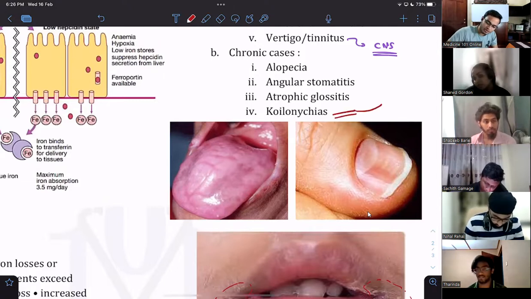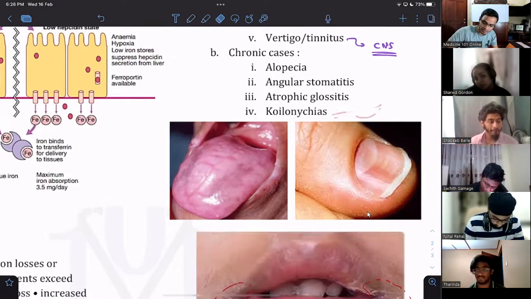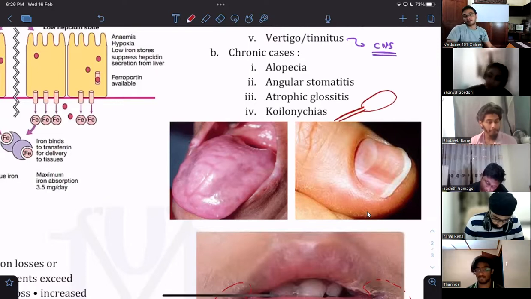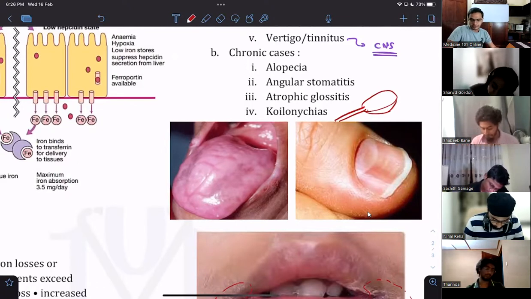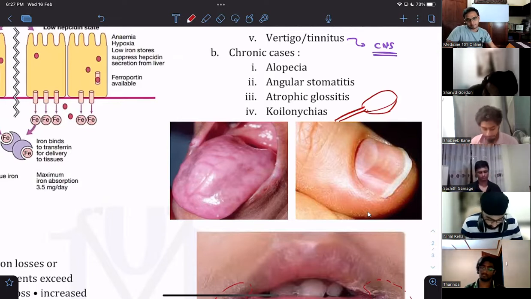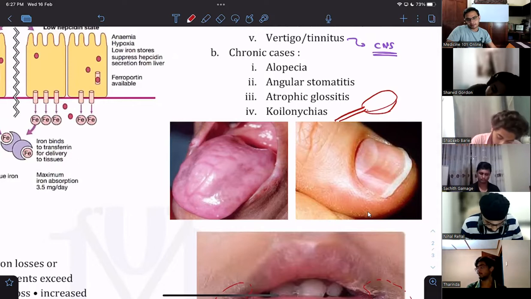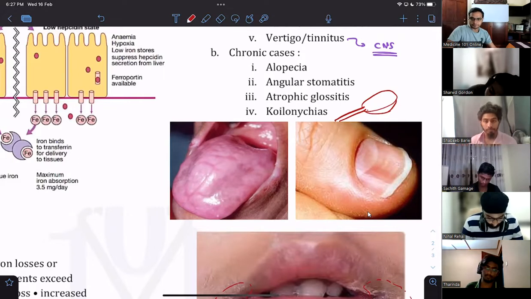We don't need to talk about this spoon shape. Okay, I drew a sickle. Draw a spoon. You all know how to draw a spoon. Yeah, right. So spoon shaped fingers is koilonychia. The mechanism is a little bit complex, guys. I did a little bit of reading, but it might confuse some of you, so I don't want to go into it. If anyone's interested, just drop me a message. I will drop some articles.